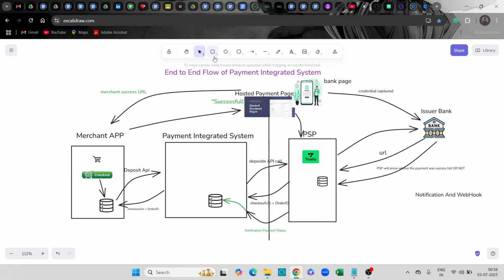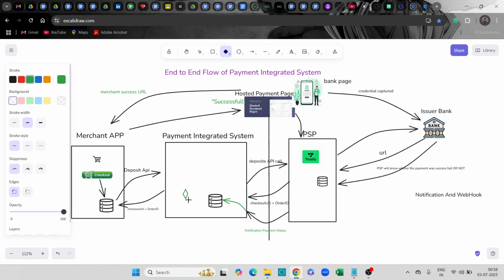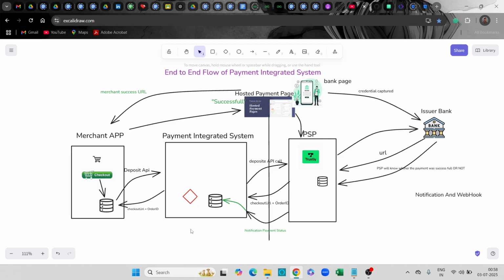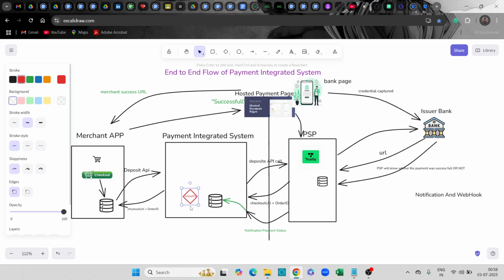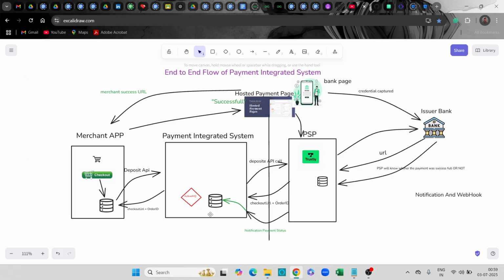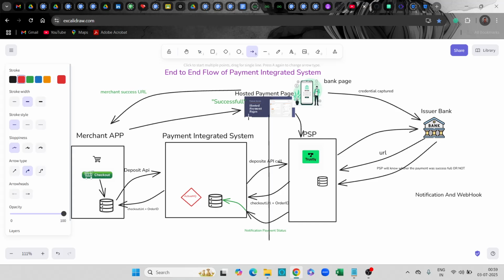So for that, let's say there's another system that we are going to make, that is ActiveMQ, right? So there's going to be this ActiveMQ. Our system will add the notification to this ActiveMQ,